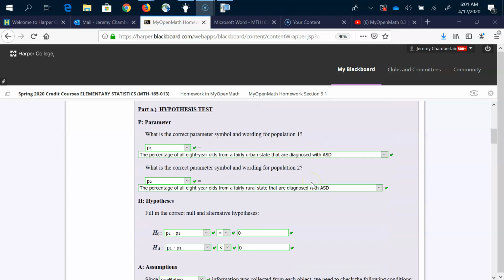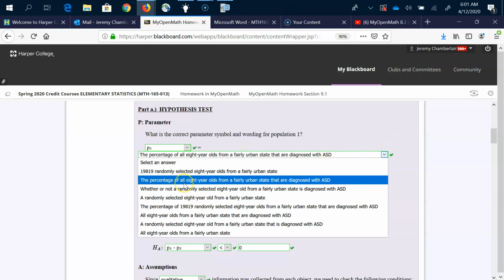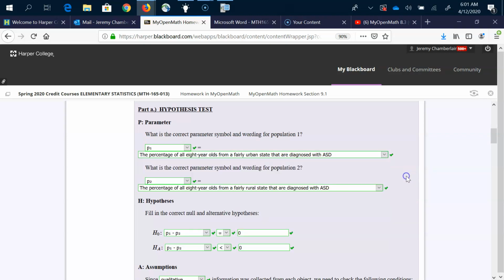All right, the parameter: we have percentages or proportions of rural versus urban populations of 8-year-olds with autism. So p1. The parameter is a proportion, and so I selected the notation for population proportion, and since there are two, one is going to be labeled p sub 1, and that one will be the proportion or percent of all 8-year-olds from a fairly urban state. Again, I selected that for the percentage of all, and here we're looking only at 8-year-olds from an urban state. The other parameter is going to be p2,